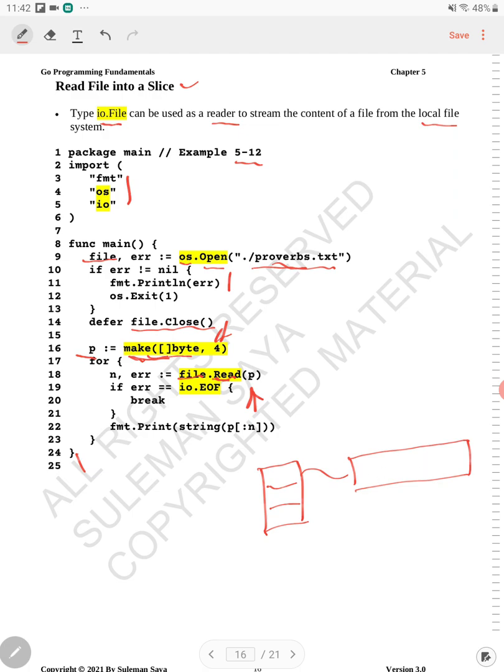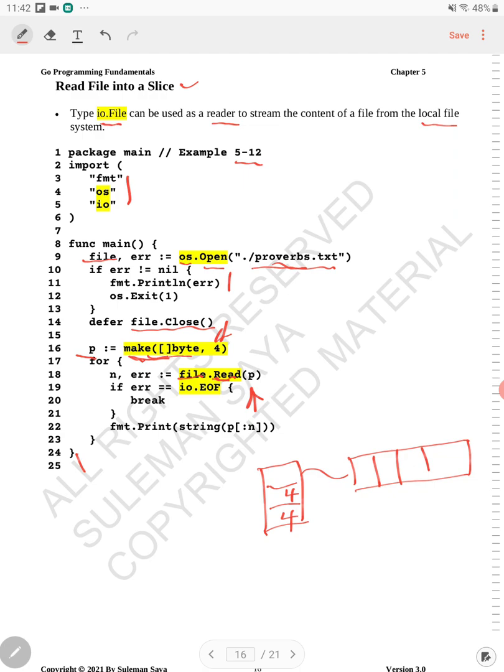But in this case, this underlying array is going to be empty. Okay, but it will have 4 things in there, because this is 4 and this is 4. They both will be 4 because that's how we want to create it. So this is the underlying array, and when we give this and start reading it,